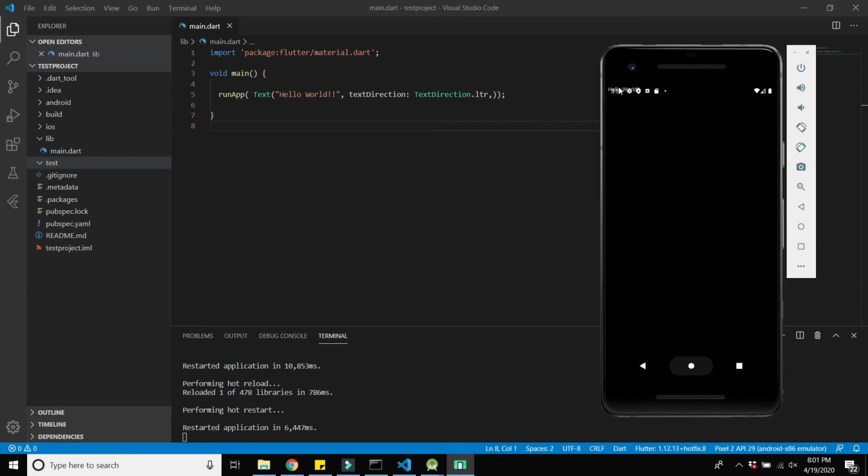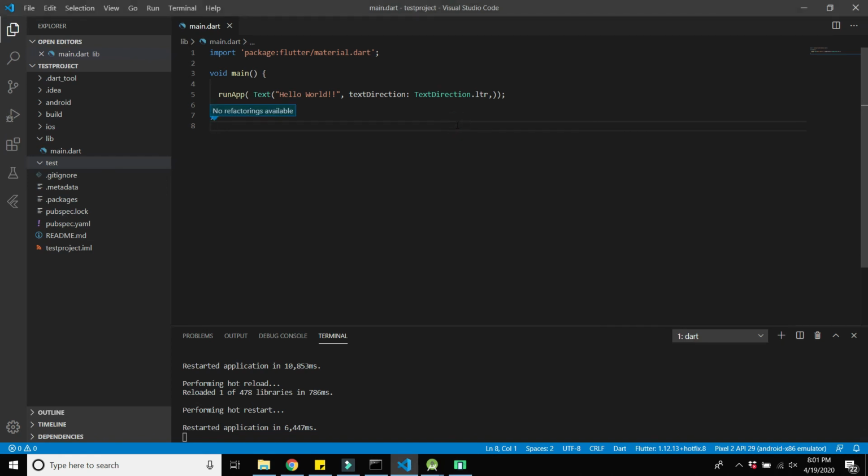And now we want to move this Hello World to the center of the screen. Then we will use another widget, that is the Center widget. Just you have to use the short command to add another widget.